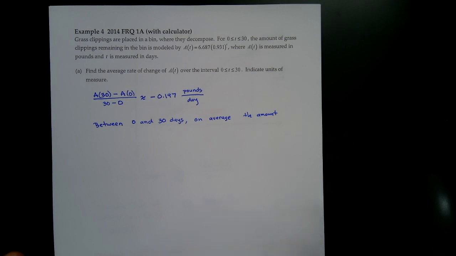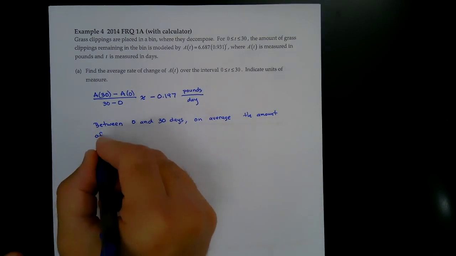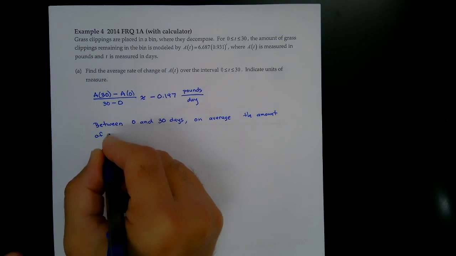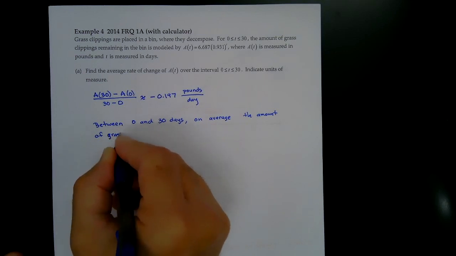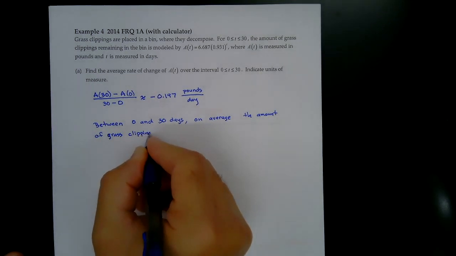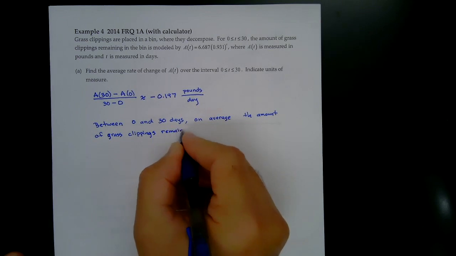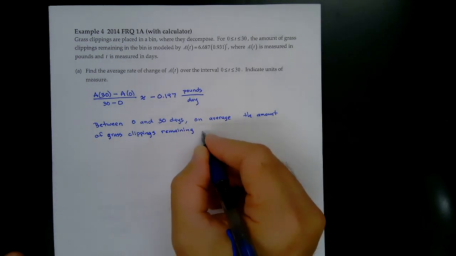It's the amount of grass clippings remaining in the bin. So on average, the amount of grass clippings remaining in the bin